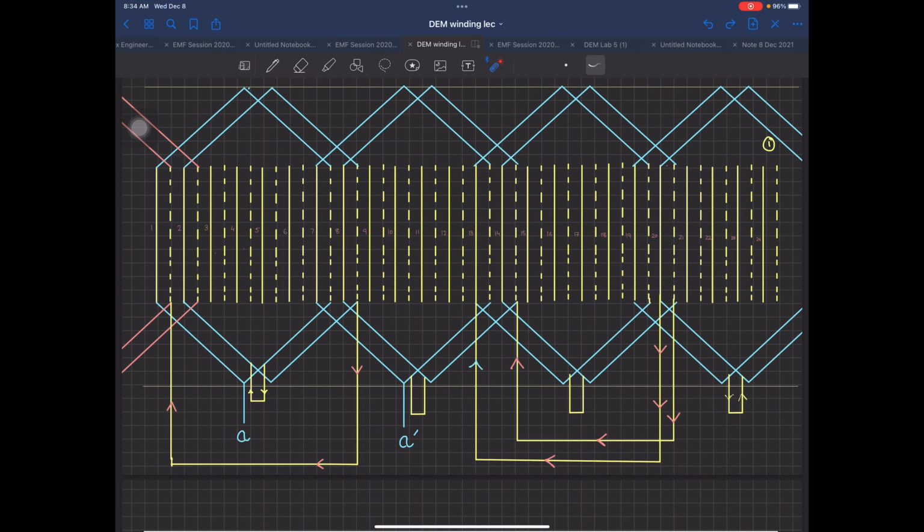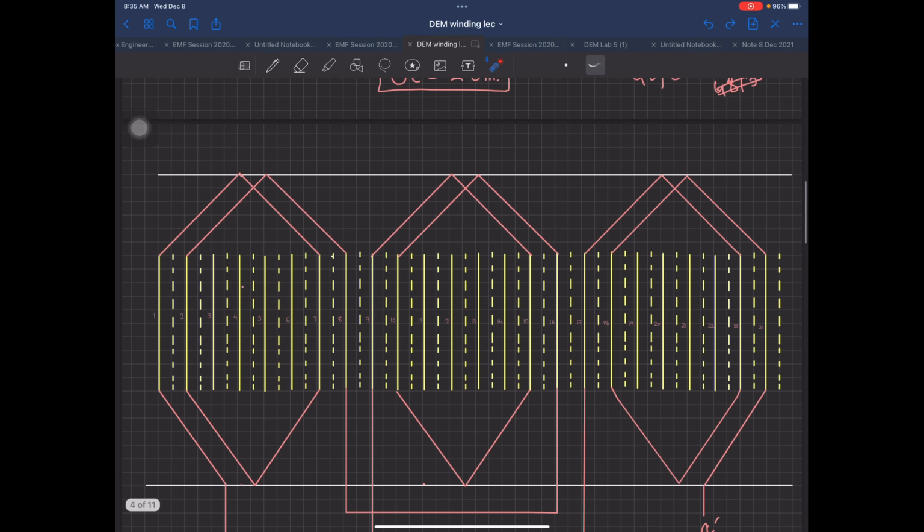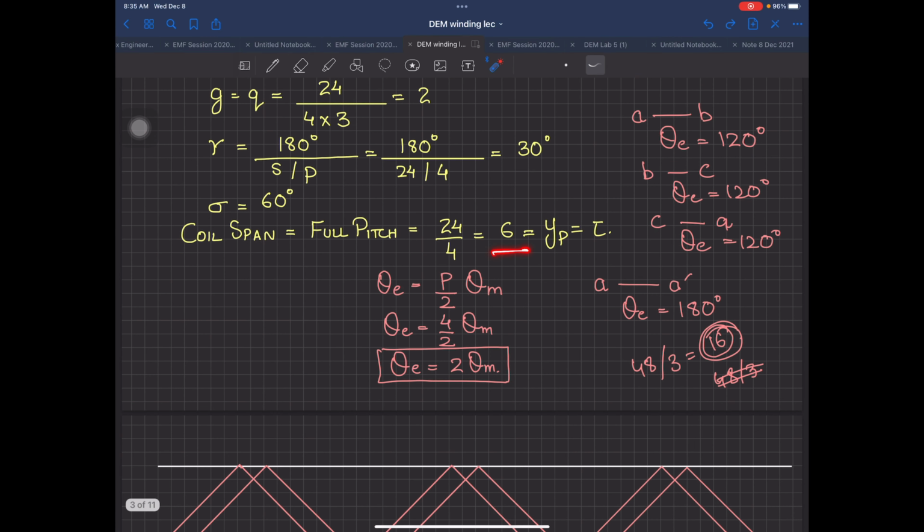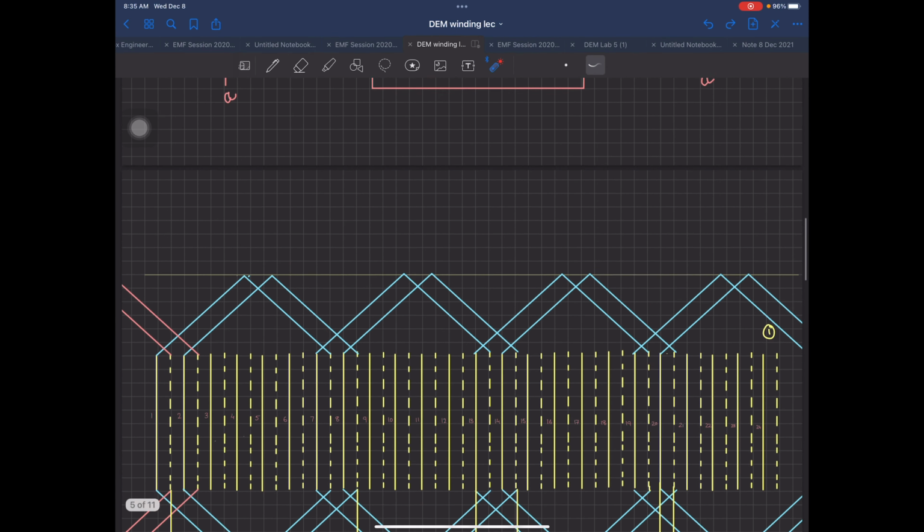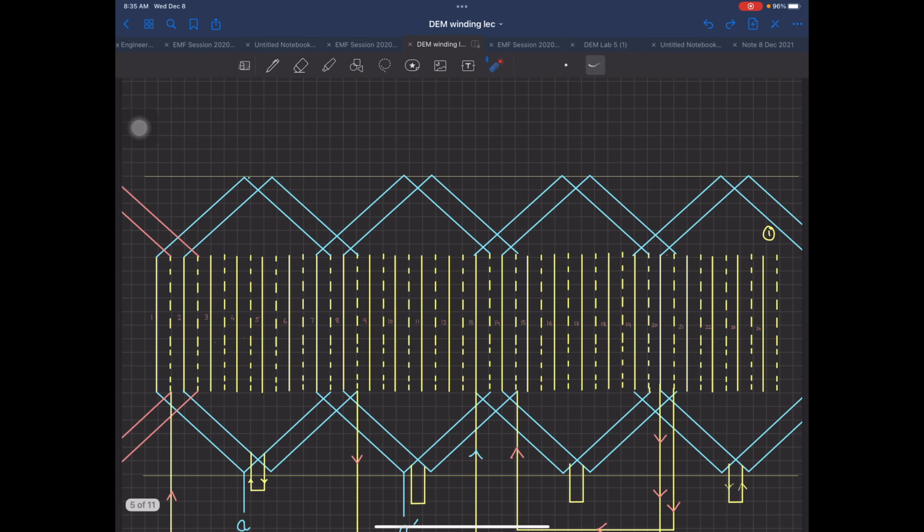Okay? So, I have not drawn it. But at any one instant of time, if someone asks you, "Ji, please draw the pole pitch on this diagram," what is the pole pitch over here? I know the pole pitch is 6. So, if someone asks you to draw the timing, supposedly at one time instant, this means that your north